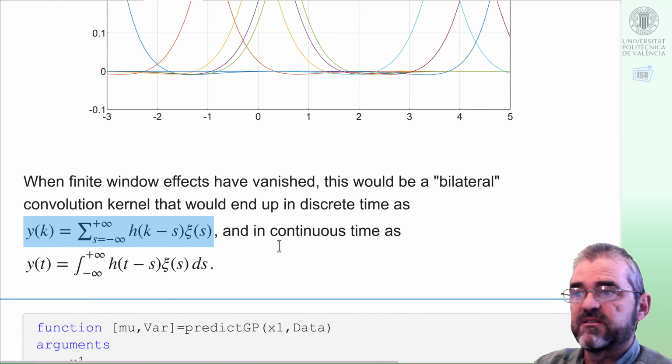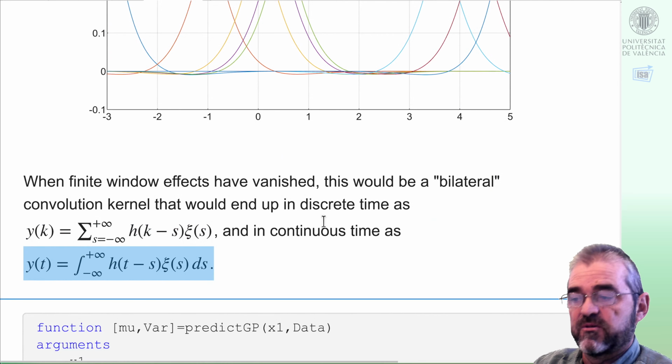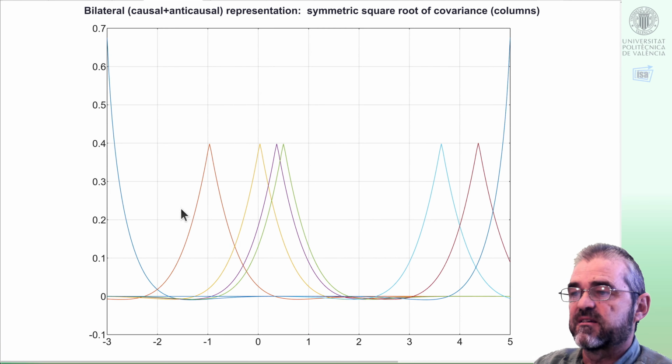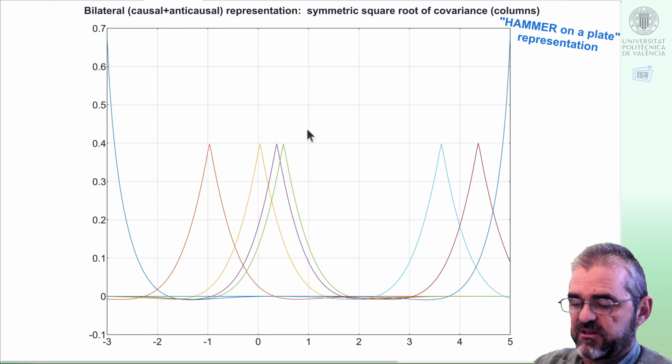In this way in discrete time, in this way in continuous time, indicating that each of the random variables affects both past outputs and future outputs. And in fact, it affects them in a symmetric way, as we can see here. So the way to build a realization will be multiplying each of these figures by a standard normal random variable, so somehow this bilateral representation with a symmetric square root is what I would call the hammer representation, in the sense that, okay,